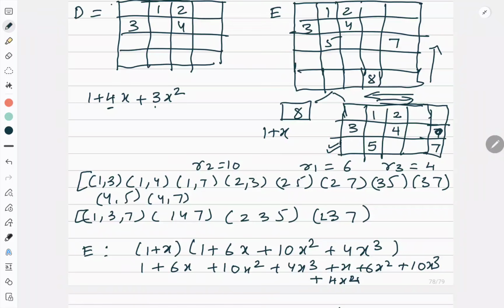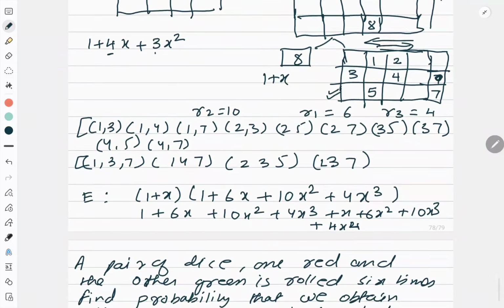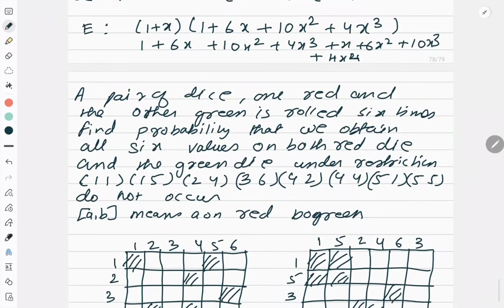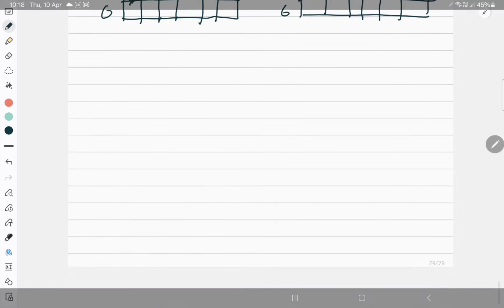And then what is the expansion formula? Now you have to apply the expansion formula. So how will I apply the expansion formula? C is equal to dx plus e. So I should multiply this by x and then I should add it with e. So now when you get it, I'll just give you the hint here that you will have the answer. This question, I'm just skipping this page.